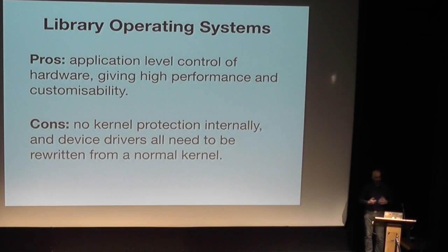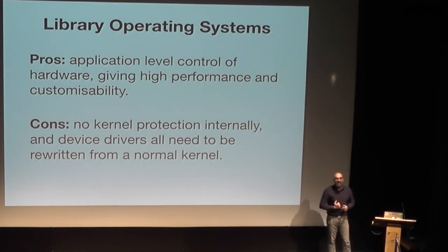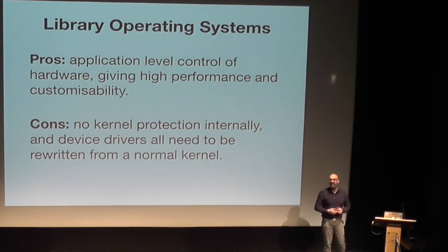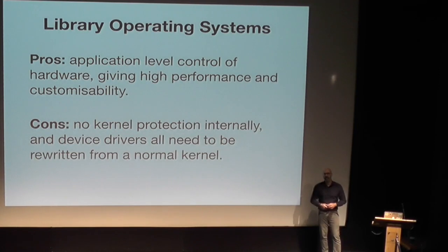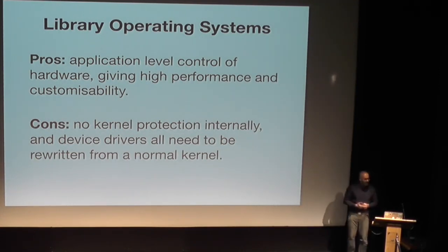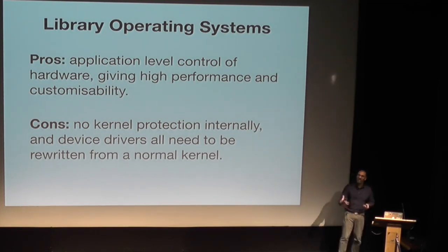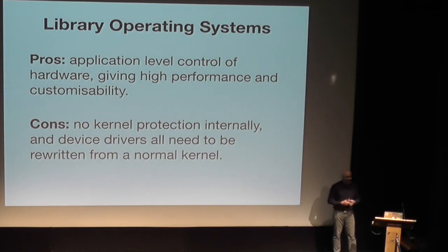So the pros of a library operating system are you have application level control over hardware. If you're building, for example, a database, you want to precisely understand when you've written something to disk, so that you know exactly what the level of consistency that you have is. If you're building a web server, you just want to send billions of packets as quickly as you possibly can. Only your application really knows what it needs from the hardware. And the library operating system provides you with just enough device driver abstraction to not make you go insane, because you have to deal with all the details of the hardware, but enough control over the innards that you can have it if you want to.